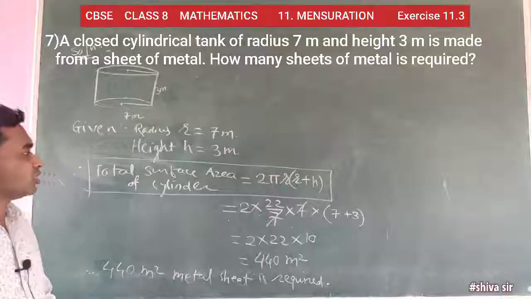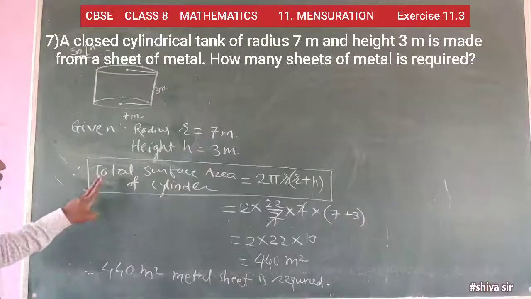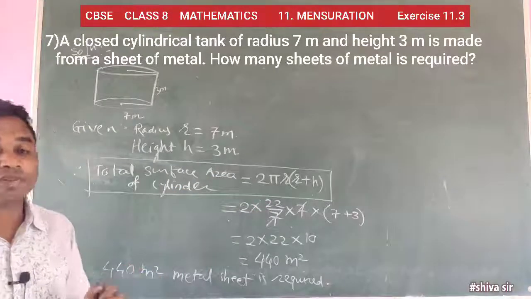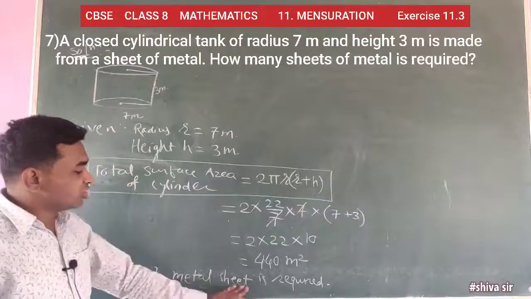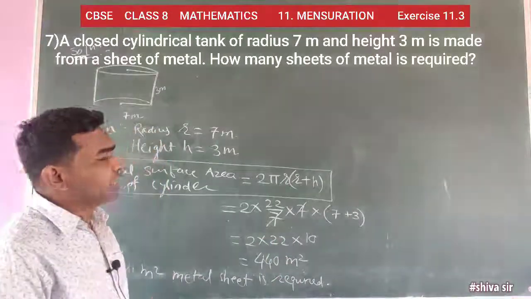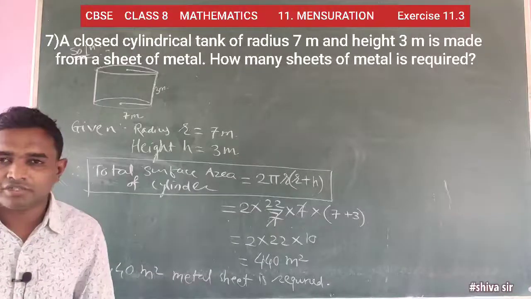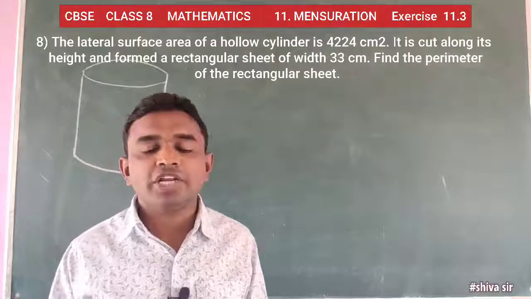Understand? So this is our example number 7. Just understand this formula: total surface area of a cylinder is 2 pi r into bracket r plus h. So 440 meter square metal sheet is required to make the cylindrical tank of radius 7 meter and height 3 meter. Example number 8: the lateral surface area of a hollow cylinder is